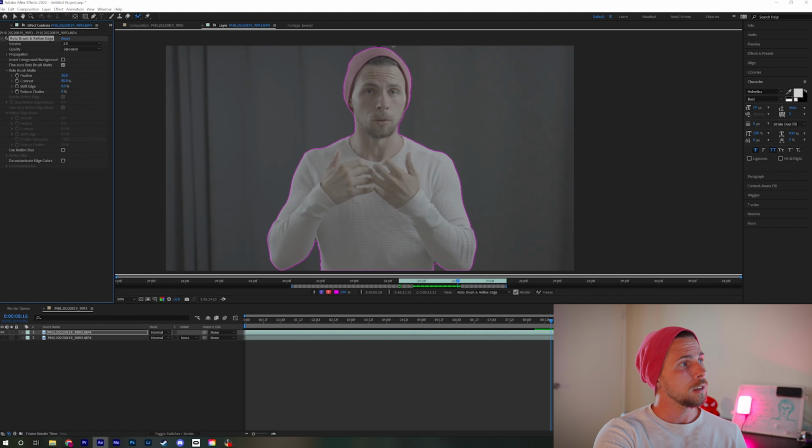Feathering means the mask could be sharp, so one pixel is the mask and the other pixel is outside the mask, but nothing is perfectly sharp. So you always feather masks. The other two, contrast is usually not important, but shift edge,